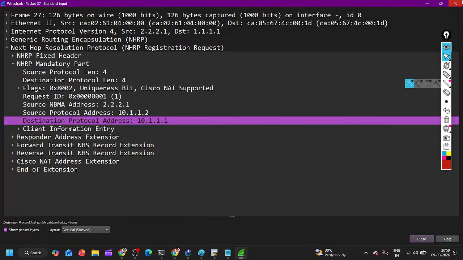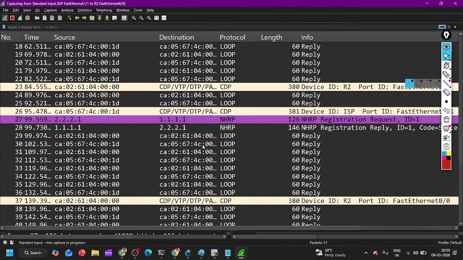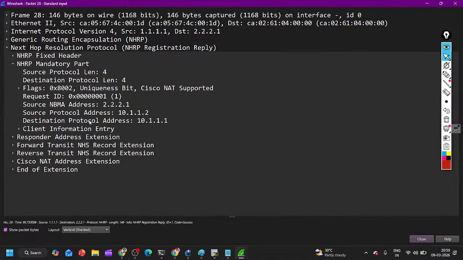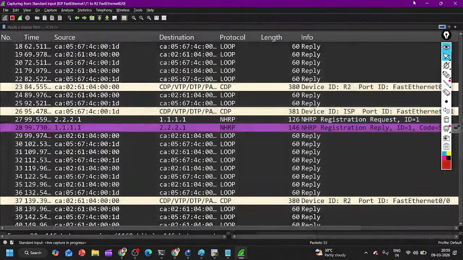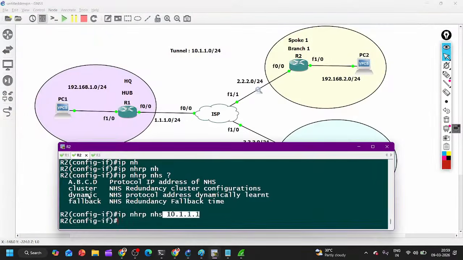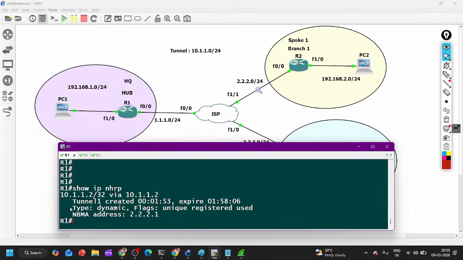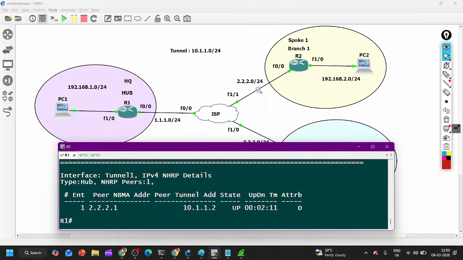And in response to the NHRP registration request, 1.1.1 has sent a registration reply message. Now router 1, the hub router, will start maintaining a table. Which table? The IP NHRP table. In the NHRP table you can find the NBMA address and the protocol address, the remote tunnel IP address. The NBMA address is 2.2.2.1 and the remote IP address is 10.1.1.2. Now if you check show dmvpn here,